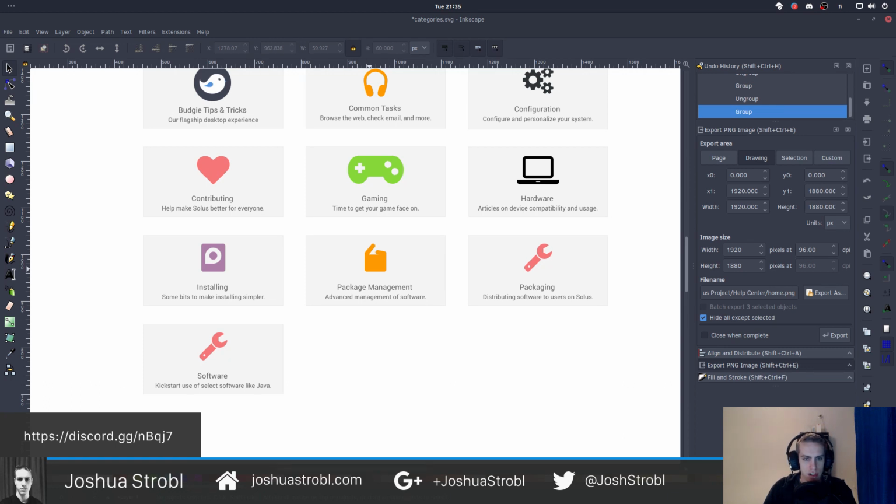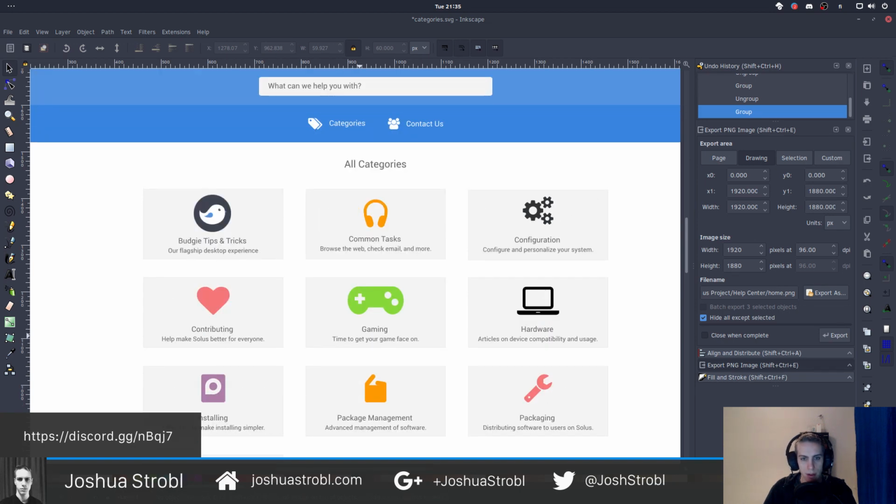Like package management and software, both of those make sense in terms of the icons being the same, but at the same time, you don't want them being the same. So